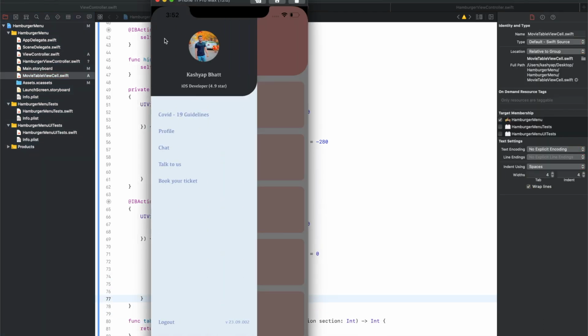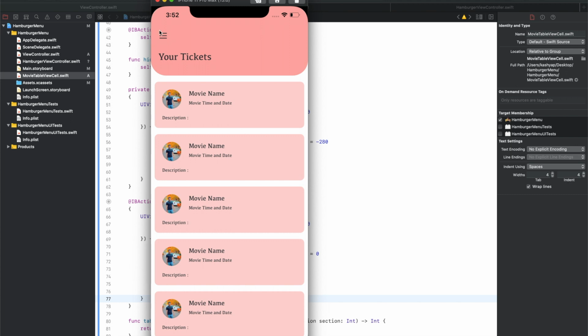You can see the bouncing animation of the hamburger menu when we are showing or hiding the menu, which is very